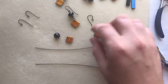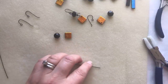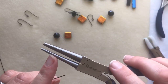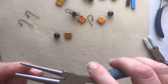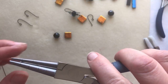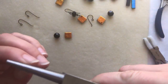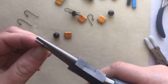So I cut 5 inches of wire, and I'm gonna start by making the top, which I'm gonna do on the 3mm loop right here. And again, I'm gonna turn it to the back side. So that's the 3mm there, where I've got the smaller mandrel, and I've got my wire lined up where 3mm is. And I'm just gonna give it a turn, and you might have to open it and turn it just a smidge more